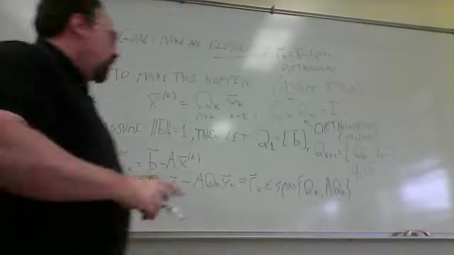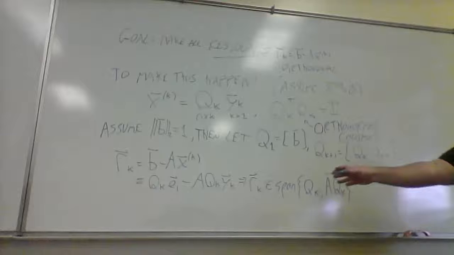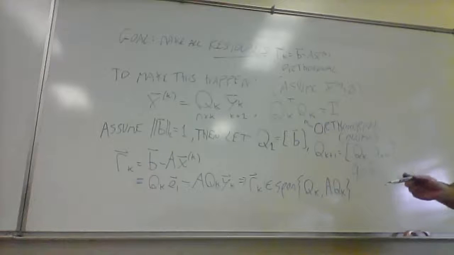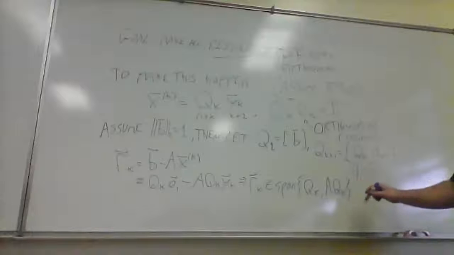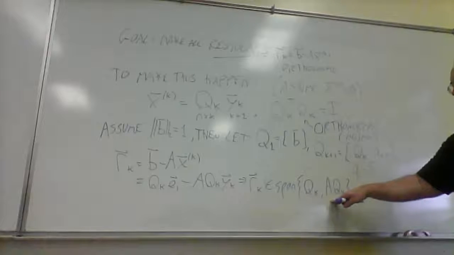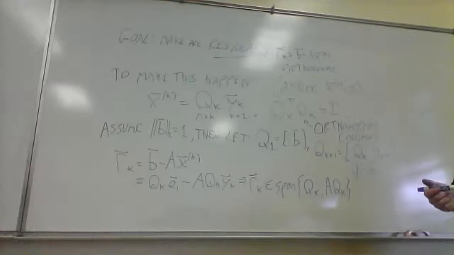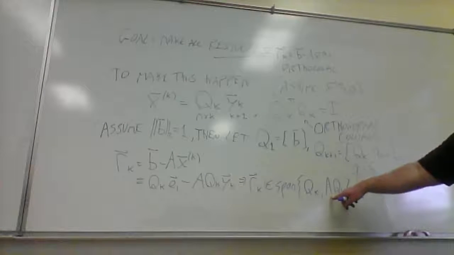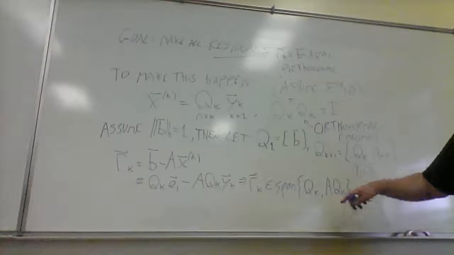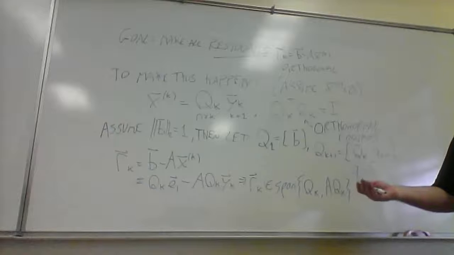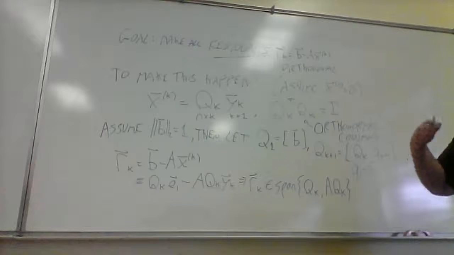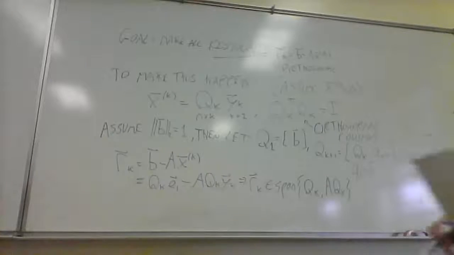Well, from an efficiency standpoint, whatever columns I already have in here, I could go ahead and multiply them all by A. And then my residual is a linear combination of all of these. But if I have K columns here and K more columns here that are linearly independent, I now have 2K columns to search to find my residual. And that space is going to keep doubling in size. I don't want that. That's a large space to hunt for a residual in. What I'd rather do is make sure that multiplying these vectors by A is only going to give me one newly linearly independent vector. So the way I can do that